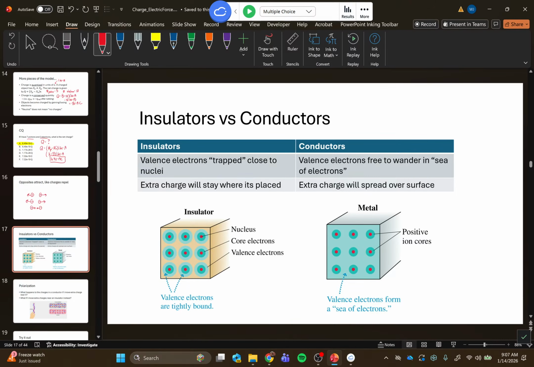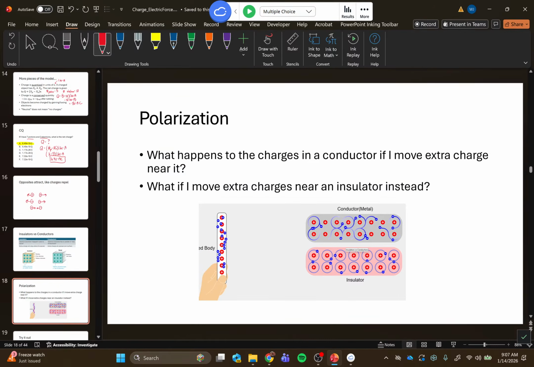And the next one. Oh, and then an interesting thing. In conductors, the charge is spread over the surface, and we'll learn why. We'll need a couple weeks to explain why they go on the surface of things. But you'll always find the extras on the surface after you let it go. Okay,